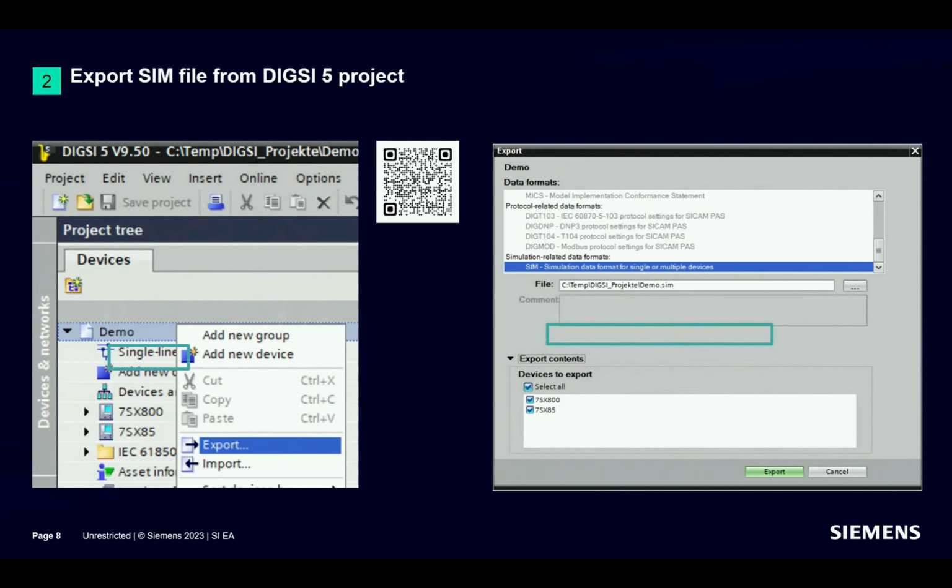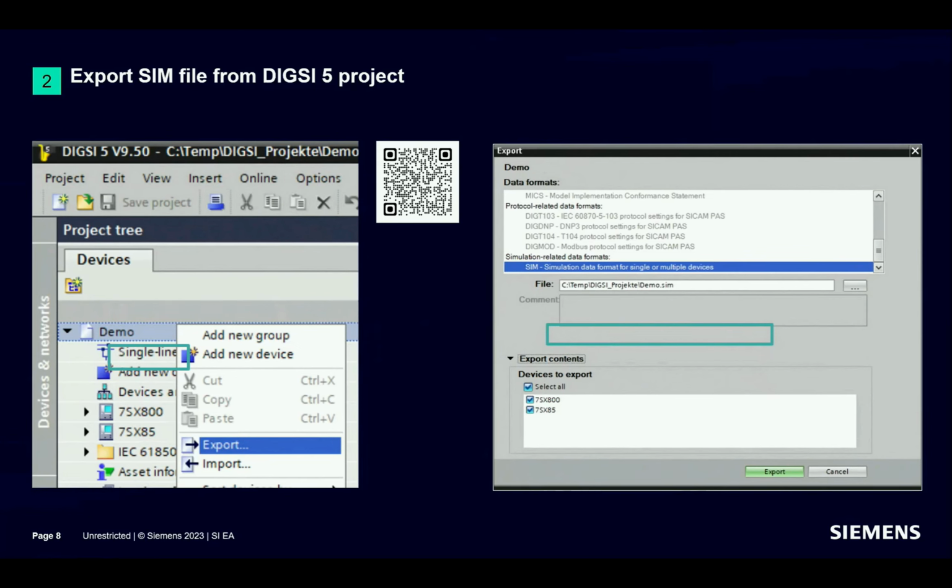How does it look with the tools? Exporting the sim file from DIGSI is a very simple step. You just select the project level, which devices you want to export, one, multiple, or all devices,